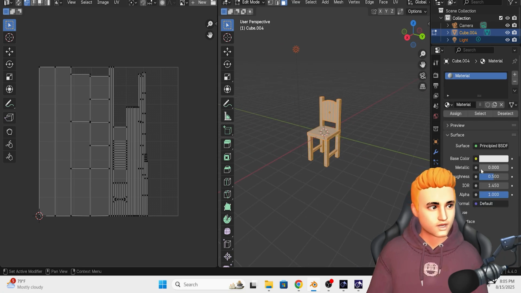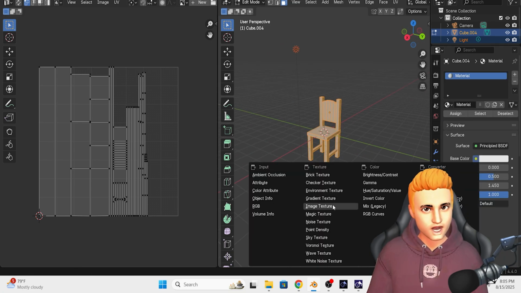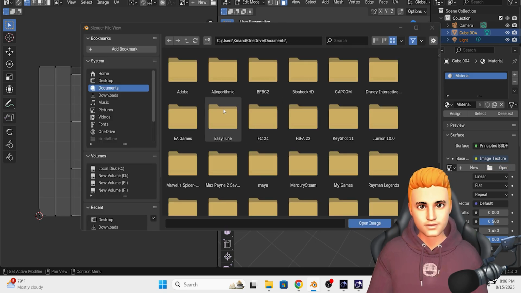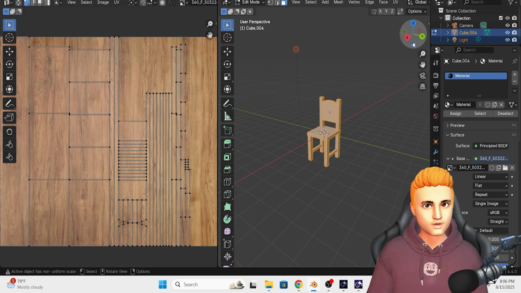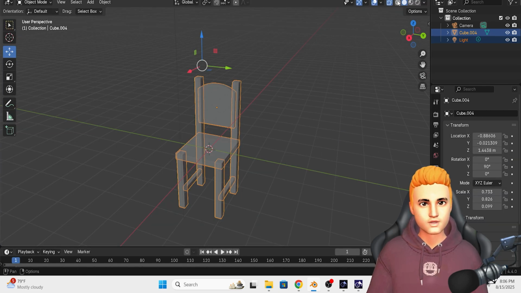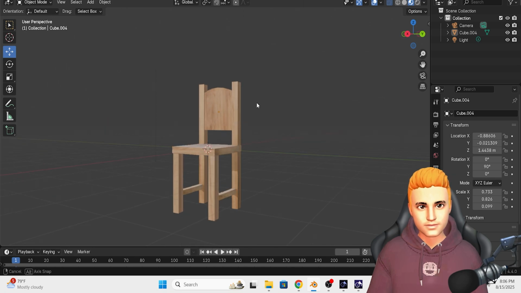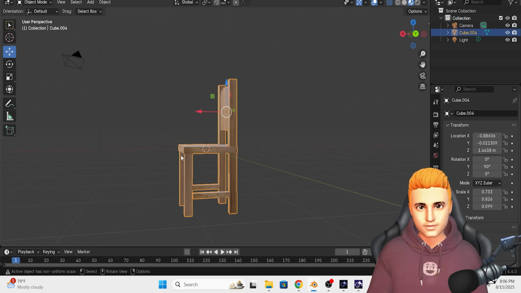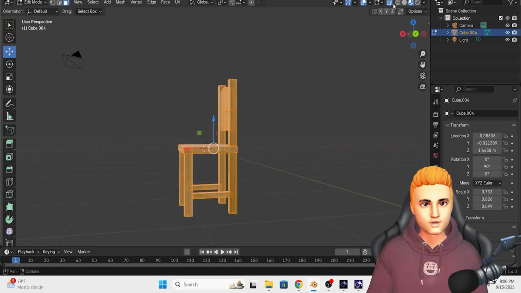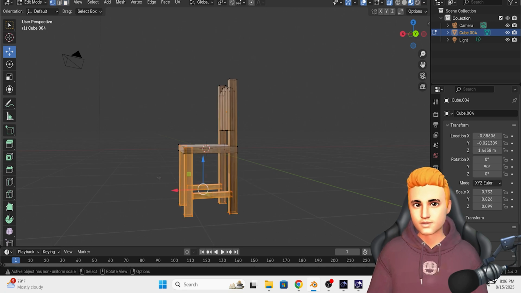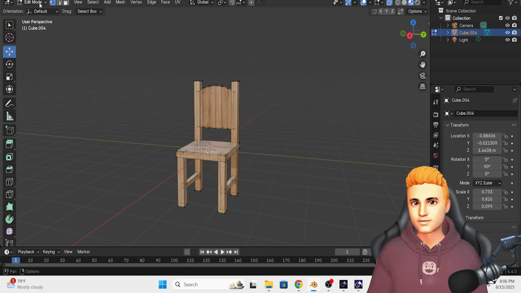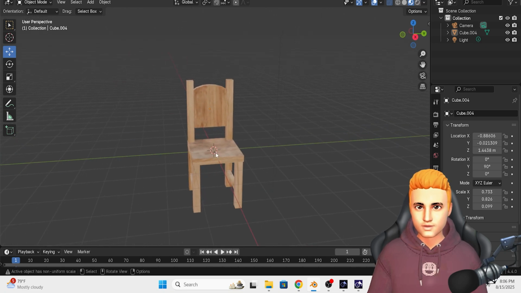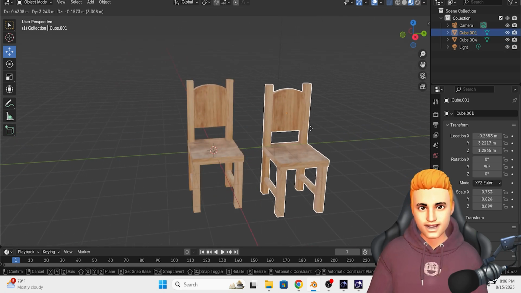Now go here and add the texture of wood. Go to layout. Go on vertex. Select all these vertex and move a little bit like this. So this is an easy chair